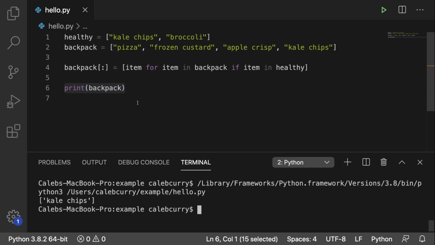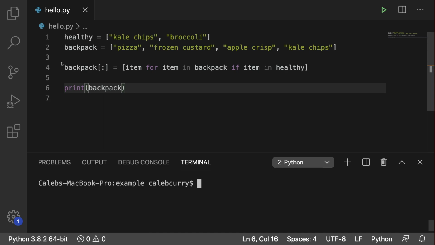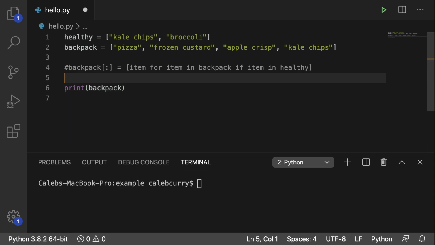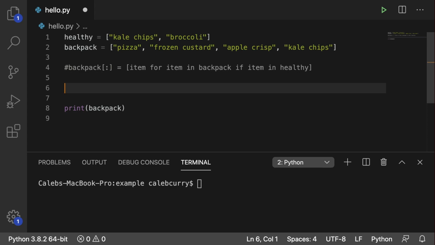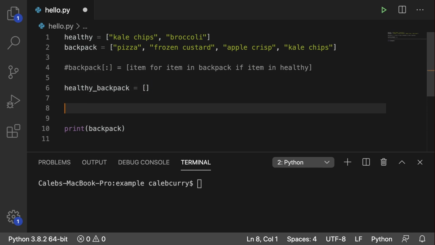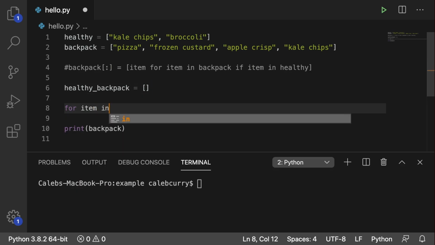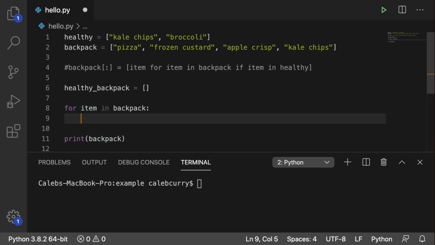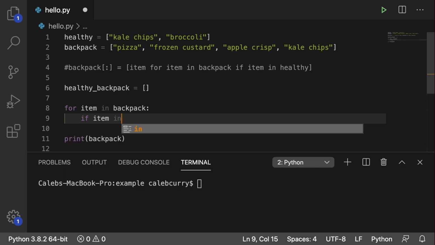So to show you a pretty equivalent example, let's create this using a loop. So let's try to repeat this, and what we're going to do is keep the list comprehension syntax here, but we're going to do it using loops. And this is what it's going to look like. First thing is we're going to create a new list, so we'll just call it healthy underscore backpack for now. And we'll assign it an empty list. And we'll say for item in backpack, we're going to check to see if it's healthy. So if item in healthy,